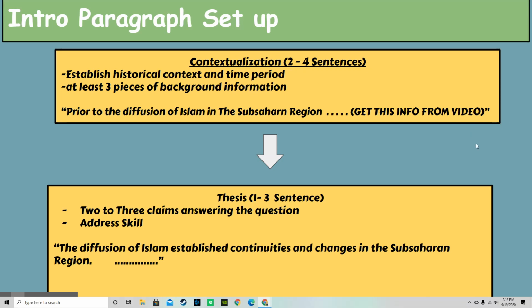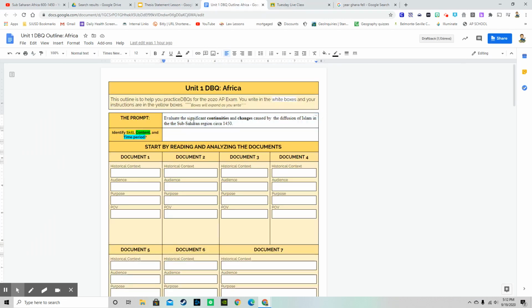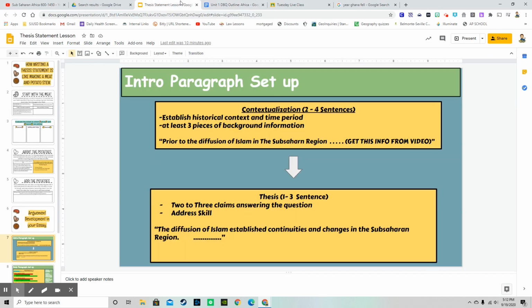And again, the DBQ you're getting for this week, the big idea that you are questioning, the prompt to the question you're answering is this: evaluate the significant continuities and changes caused by the diffusion of Islam in the sub-Saharan region around 1450. Okay. So remember, when you do your body paragraph, the first thing you need to do is